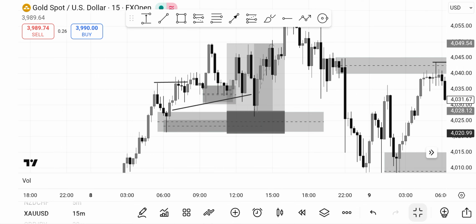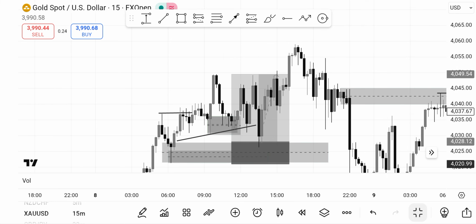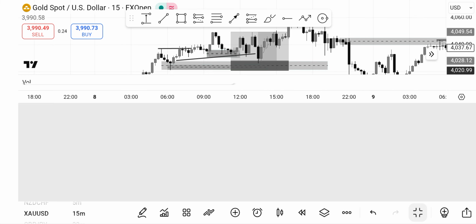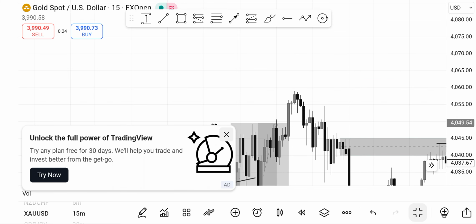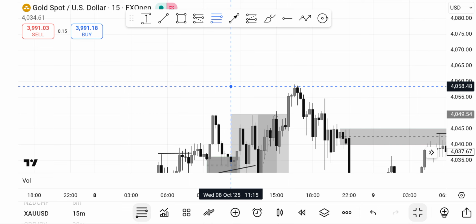So I had to place my pending order on my order block, and it immediately had to be mitigated. So let me show you how I was able to identify my